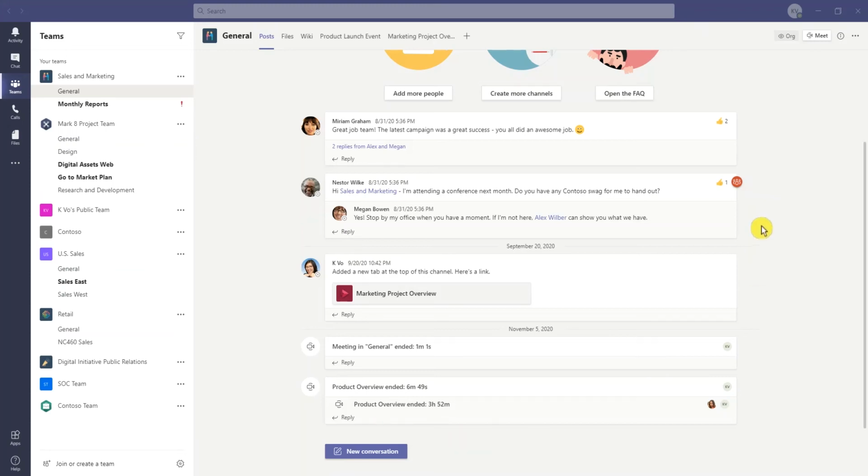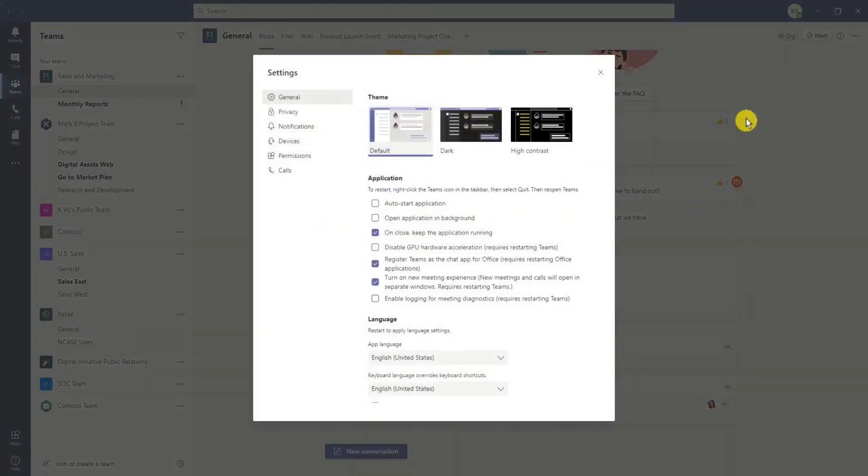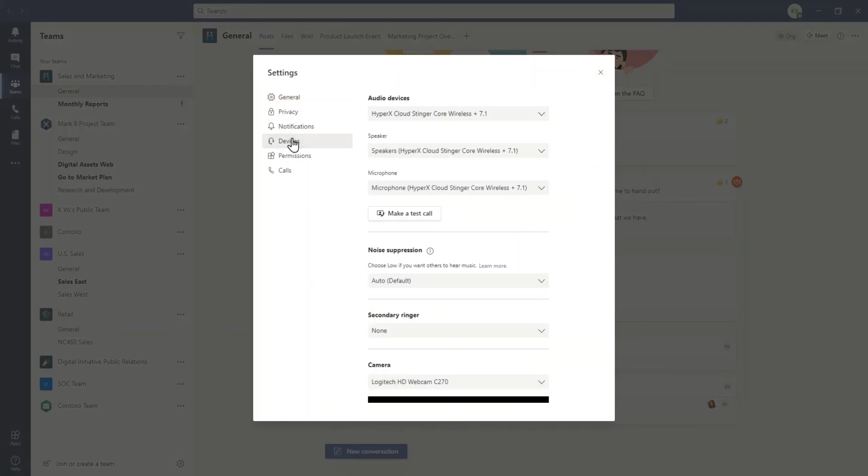Turn on the noise suppression. Simply first navigate to your profile picture. Then from the menu, select Settings. And then from here, let's go into our device settings. Right now, as a default under the section Noise Suppression, it's defaulting to Auto. If we select the dropdown,